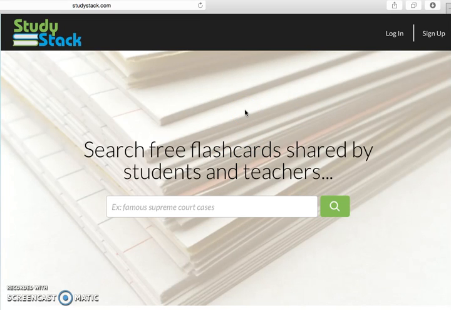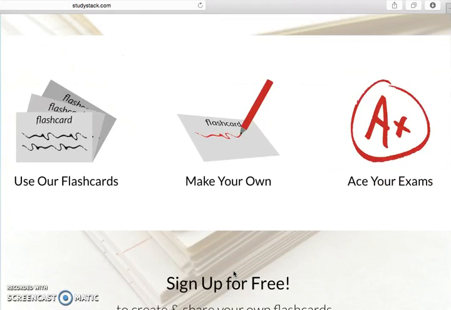The only problem if you do that, your students will not be able to keep their scores. They won't be recorded. And also you would have advertisements popping up here and there. The price of StudyStack is not outrageous. It's $20 or so for a pro account, a teacher account. But if you just want to save money and try this out, you can just play around. You can use the flashcards already generated and create your own, but for that you do need to have an